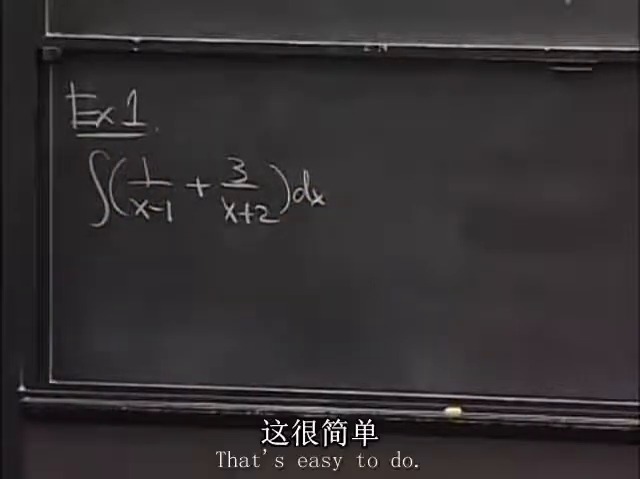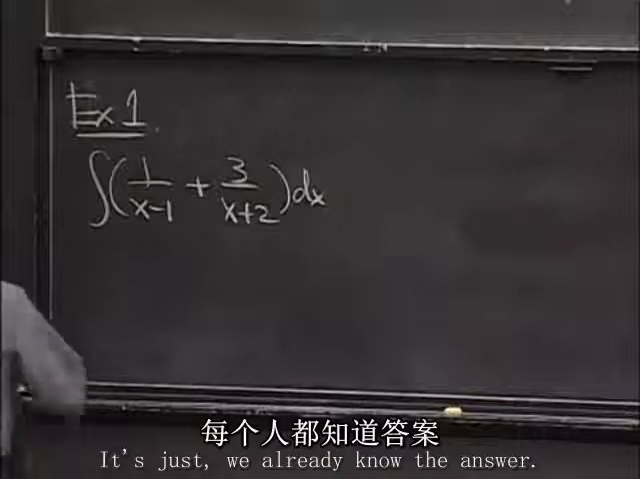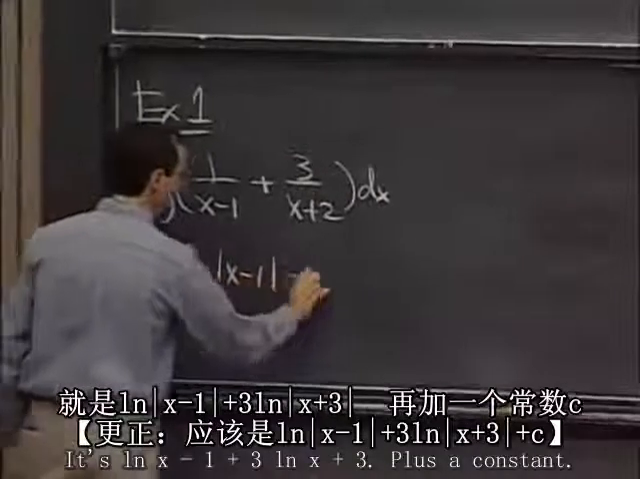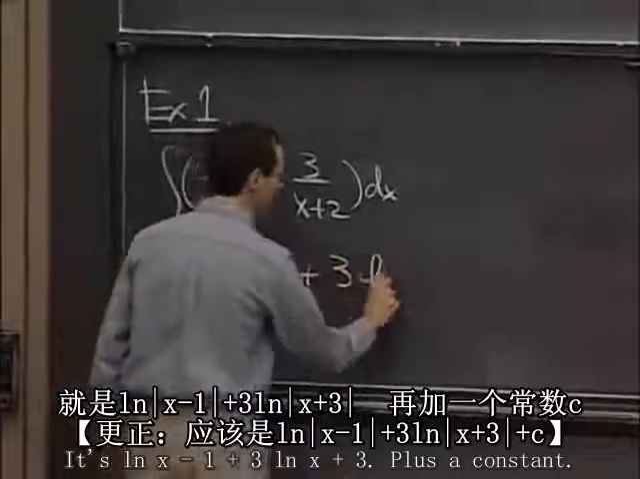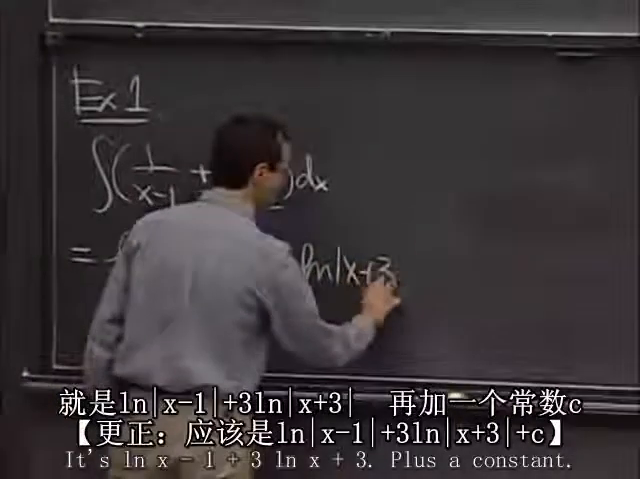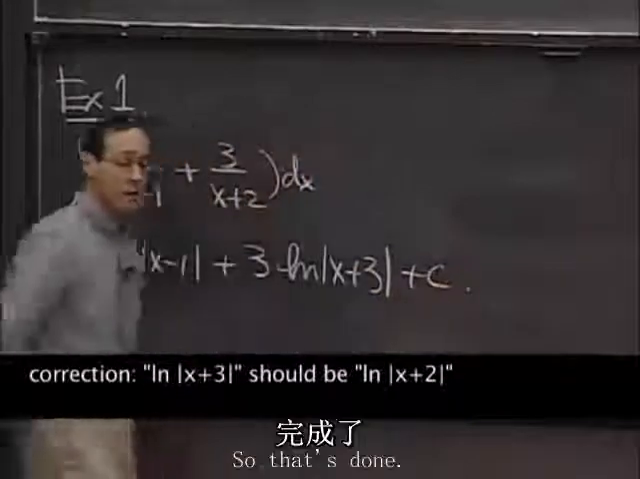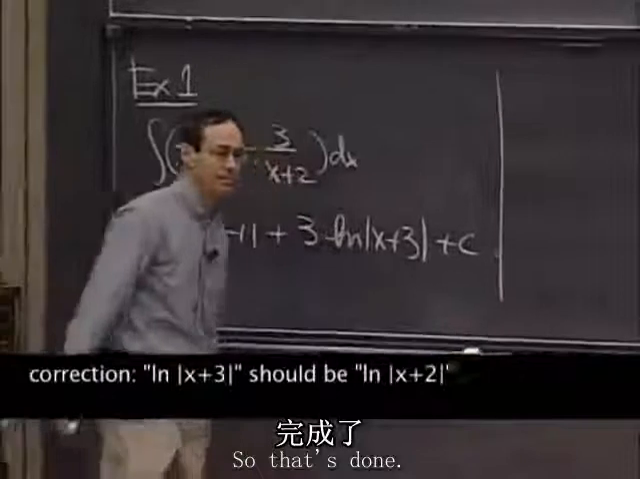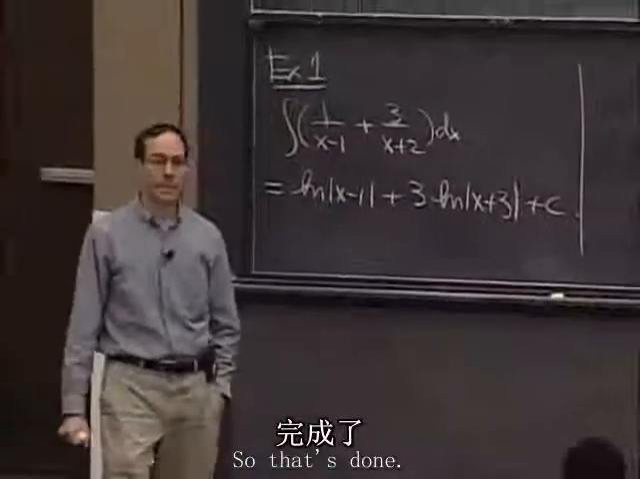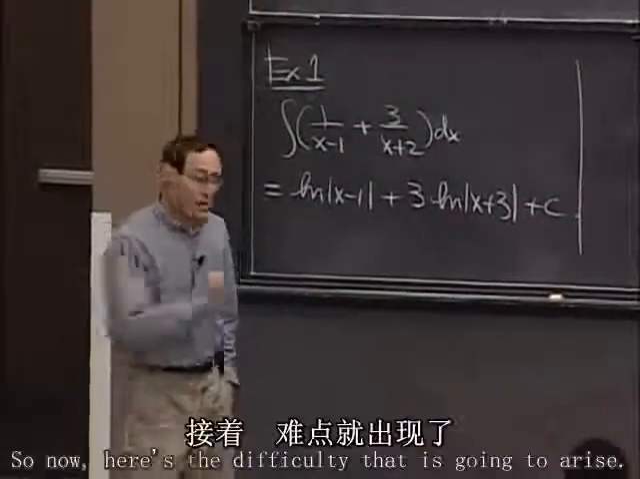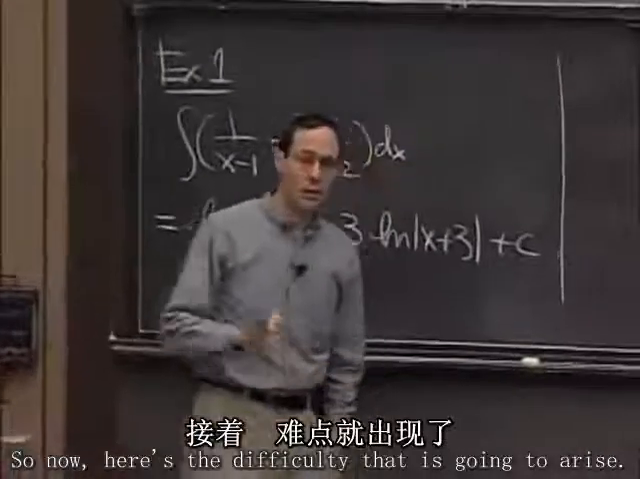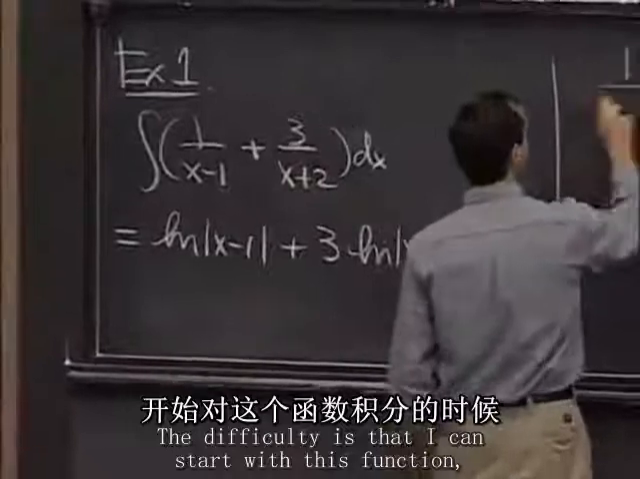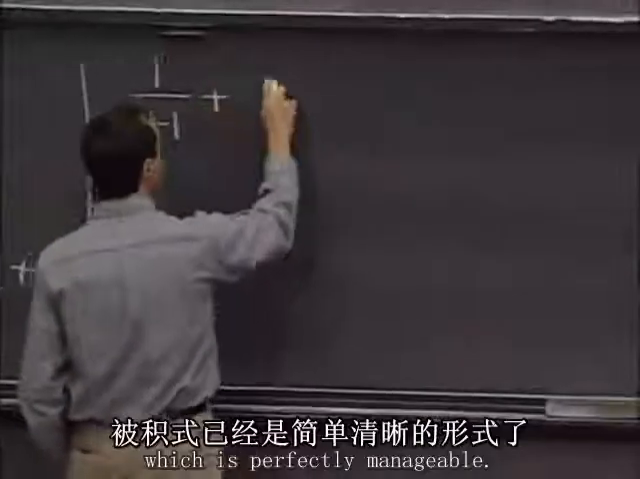Now that's easy to do. We already know the answer. It's natural log of x minus 1 plus 3 times natural log of x plus 2 plus a constant. So that's done. So now here's the difficulty that is going to arise. The difficulty is that I can start with this function, which is perfectly manageable,